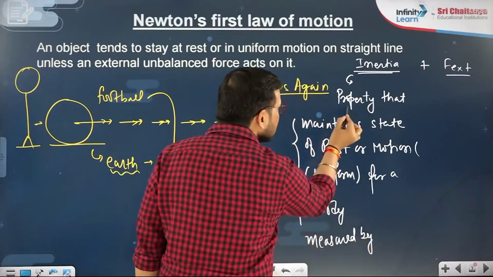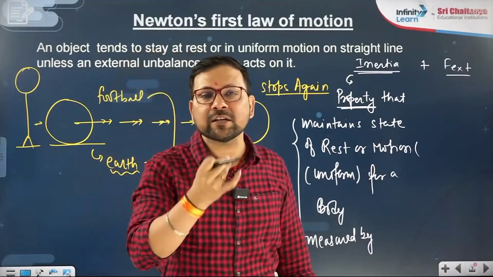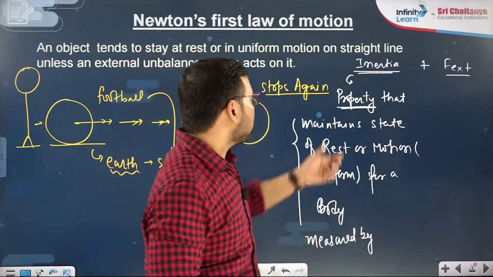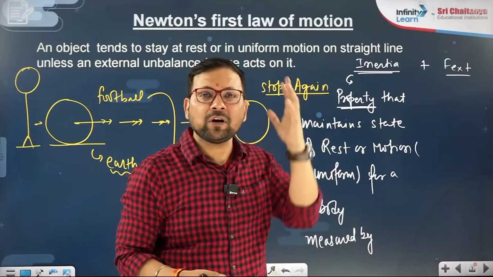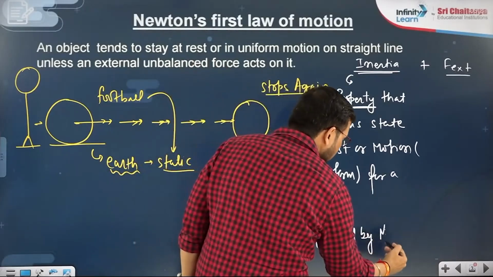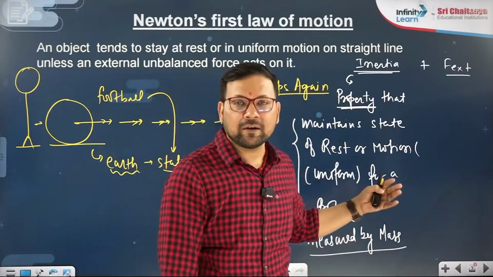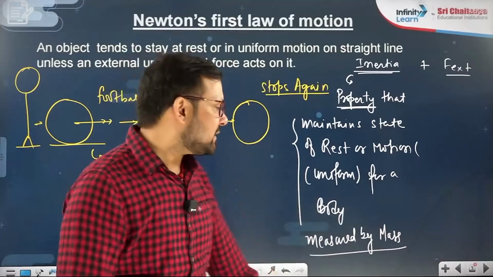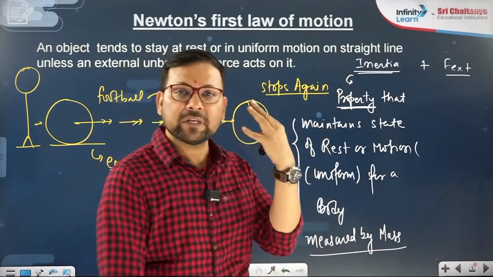Try to understand, inertia is not a physical quantity. Inertia does not have a unit, inertia does not have a dimension, inertia is a property. But if you want to measure this property, how high or how low it is, that measurement is done by mass, which is a physical quantity, all of us know, that is the kg, or the dimension you can write as M. So this physical quantity helps us in measuring the amount of inertia.